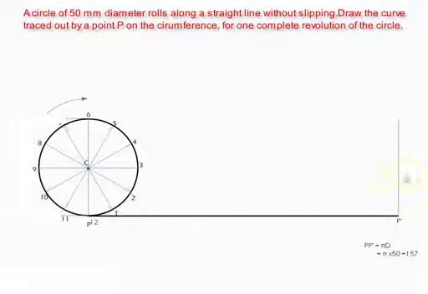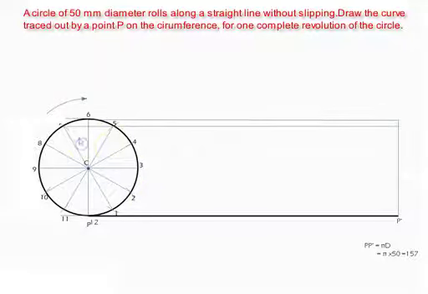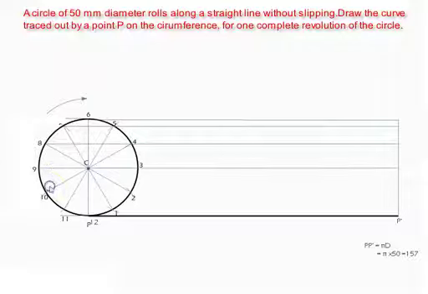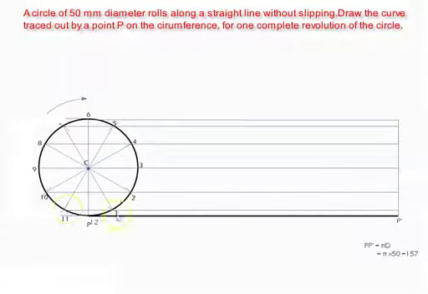Now from the point P dash, we draw one straight vertical line which is perpendicular to that baseline. Now from the point 6, and from each point, we draw a horizontal line: 6, then 9 5, 8 4, 9 3, 10 2, 11 1. So that is the step over here.